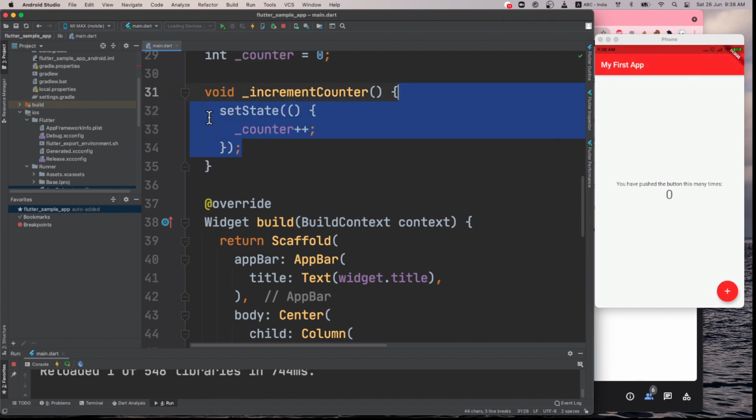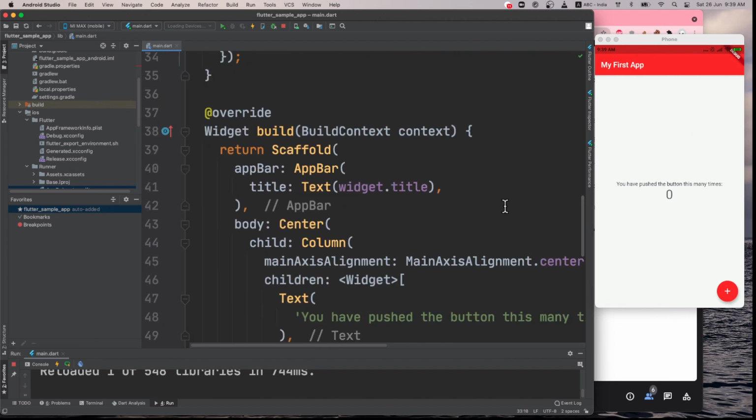If we don't call this, this whole widget will not reload. So whenever you want to reload the whole widget, you have to call this method set state. This is a function call, and sometimes we call it a lambda, because it does not have any name. This is another function call which increments the counter value.